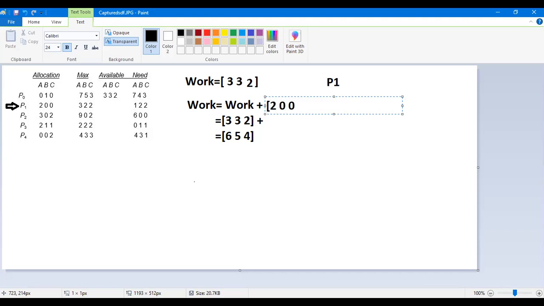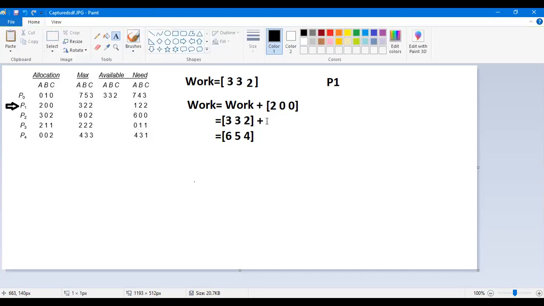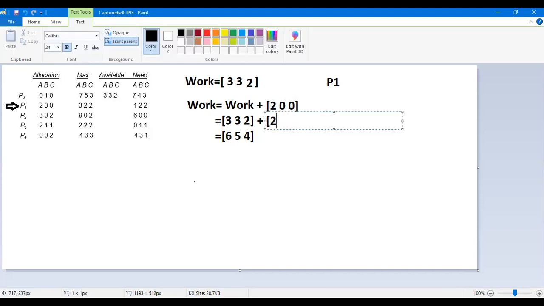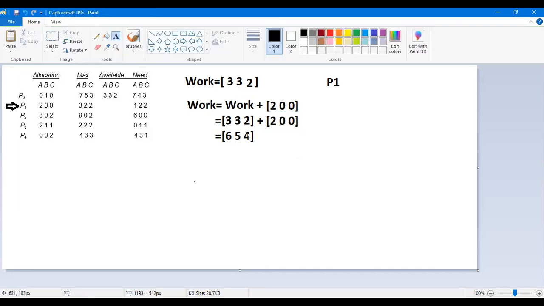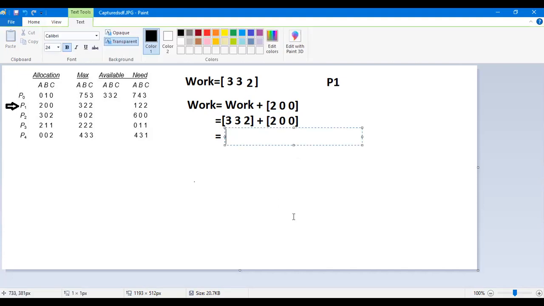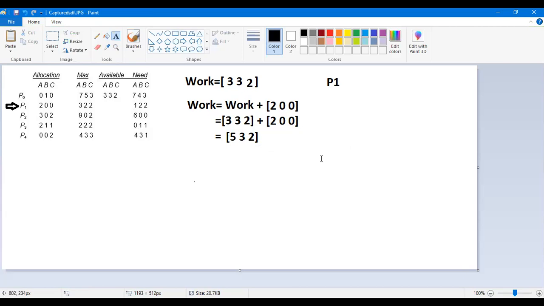Here also 200, and we will get the final values as 5 3 2. These will be the final values.